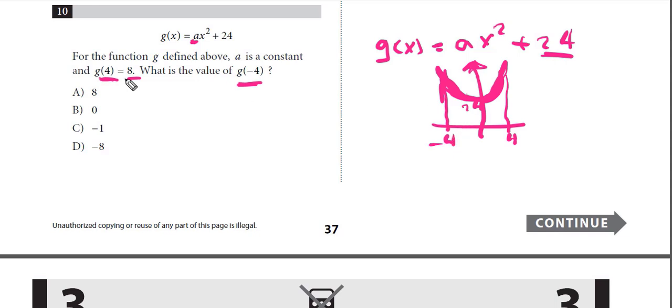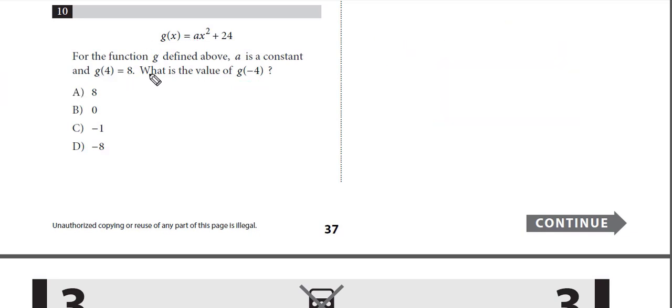Then if g of 4 is 8, then g of negative 4 is 8. From what? From the symmetry of the graph about the y-axis. This is the best solution here in the quadratic form. But if you would like to solve by using another way, you can say g of 4 is equal to